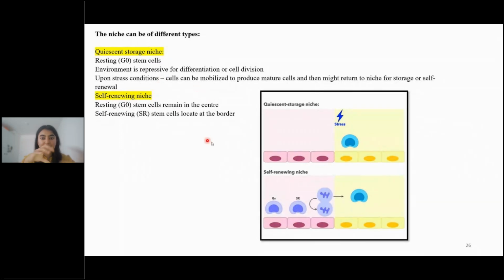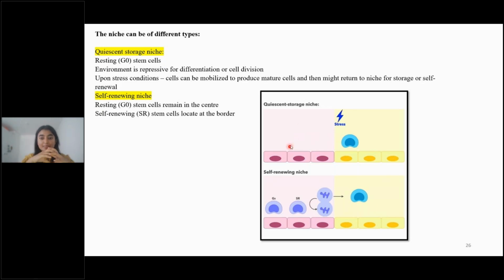This is one of the most important points: there are niches of stem cells. For example, there is only a certain place where the stem cells will be present. If we talk about bone marrow, there is a niche in the bone marrow where the stem cells are present. The niche is basically an environment. For example, if I feel comfortable in this environment, then obviously I live here. But if there is a lot of stress and sound and everything, I leave this house and go live somewhere else. So this is basically a niche.